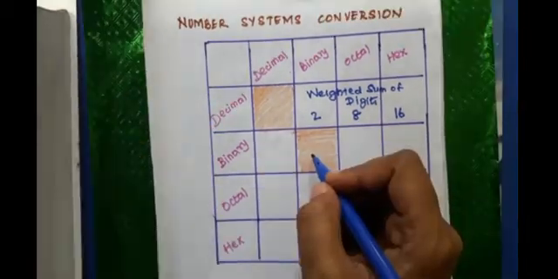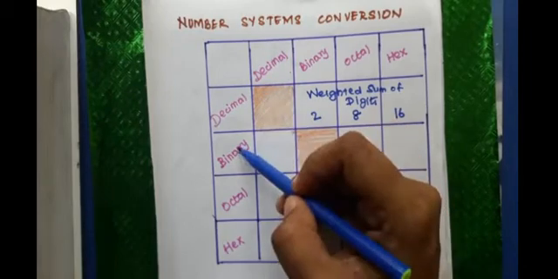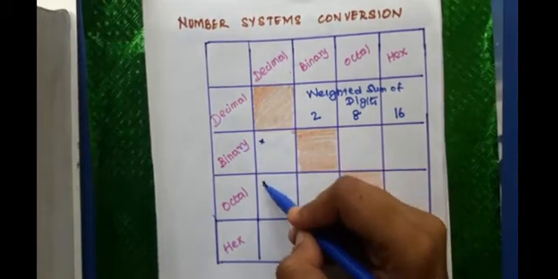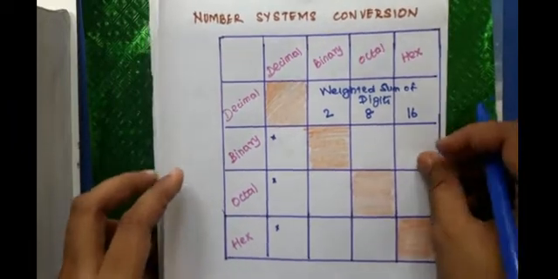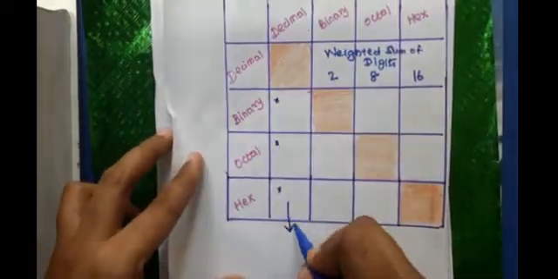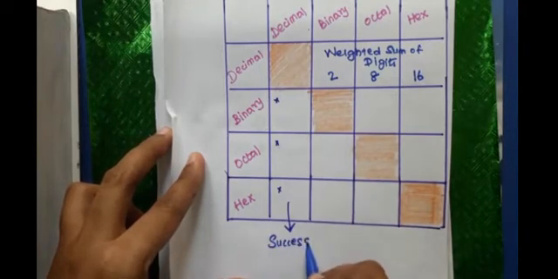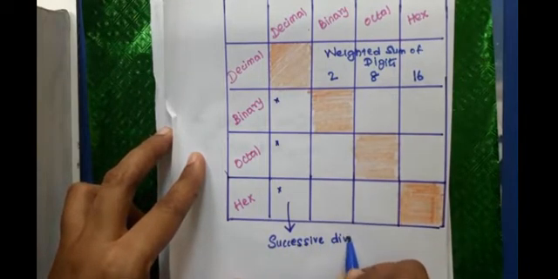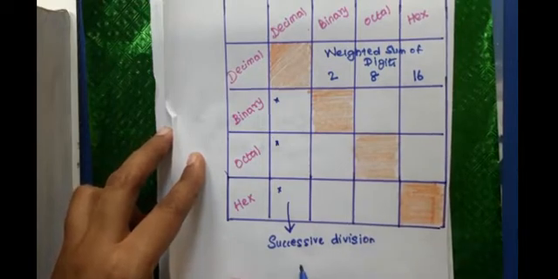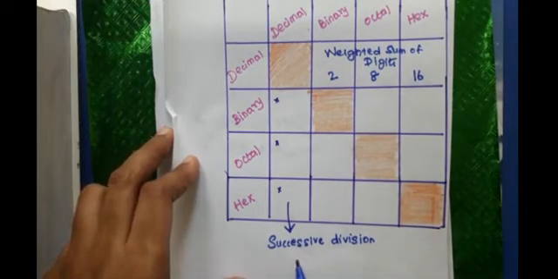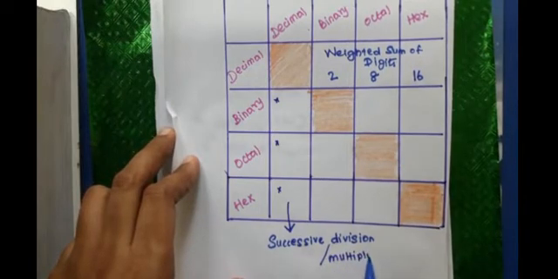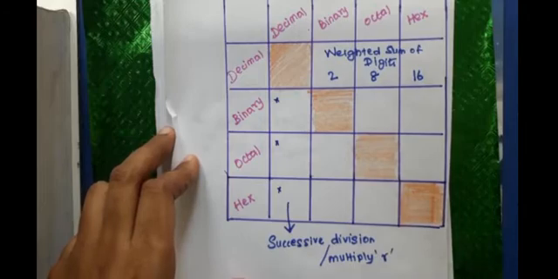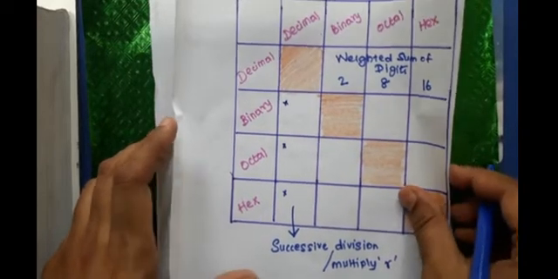Now, in order to convert a decimal number into a binary or octal or a hexadecimal, what is the method to be followed? The methodology that has to be adopted is successive division method when it comes to the whole number part, whereas we will successively multiply by the radix when it comes to the fractional part. Let's see some examples.